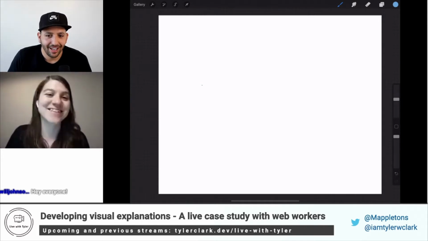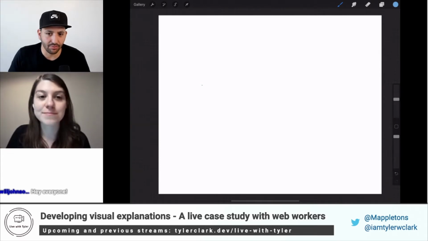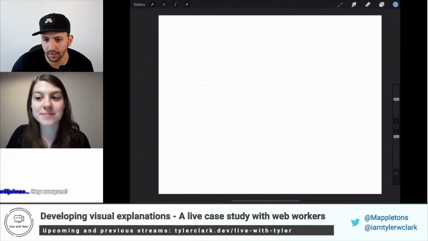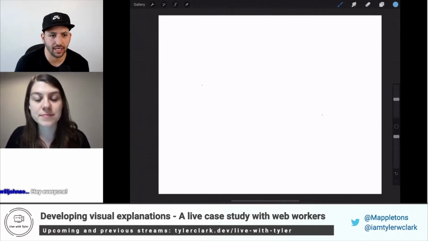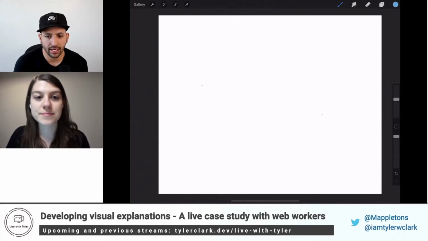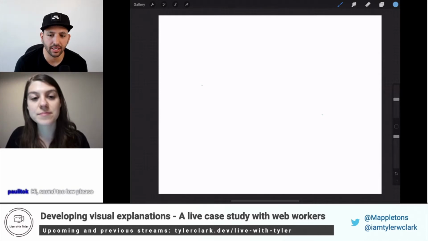Just to give you an idea, I work at Auth0, and I actually just learned this last week. One of the things that the single page app SDK does is it stores some of the auth credentials and the tokens it uses to authenticate. And it uses web workers because web workers can only be accessed by the code that instantiates or creates it. And so Auth0 actually utilizes web workers for the storing and the authenticating of